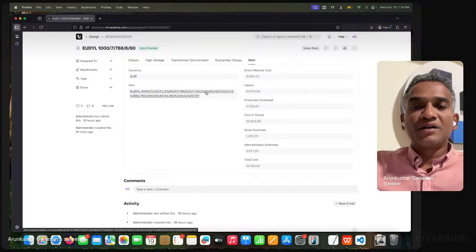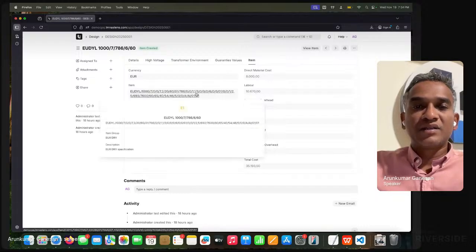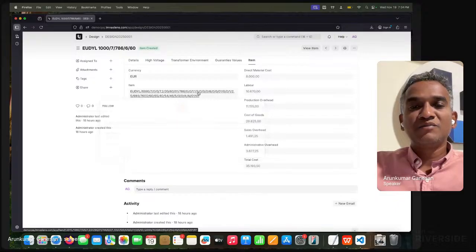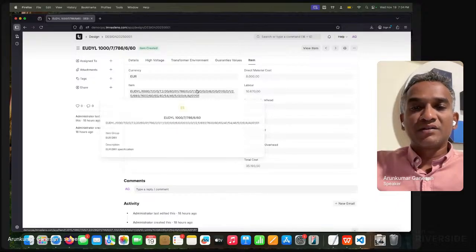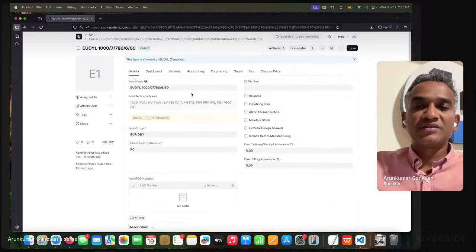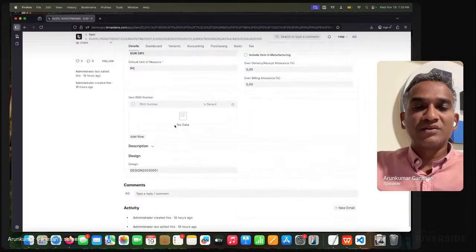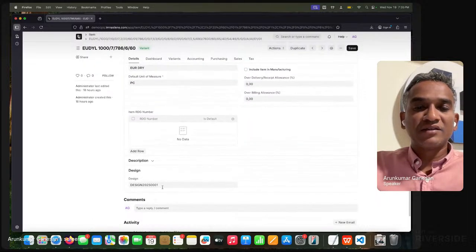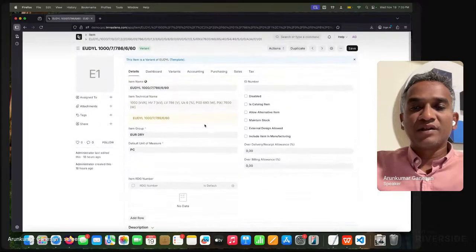And you create an item for that. So once the design is approved by your design team, an item is created. This item is the item which you will use for your sales. Now if you go to the item, you would see the item name, and a couple of details are automatically created. You attach the design reference to it, right?